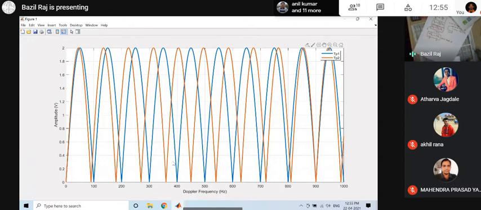Because whenever we operate the target at this PRF, we will come to know the blind speed is this much. Then this PRF's blind speed is this much. So whenever we are stacking simultaneously between these two, the blind speed is this much. So your algorithm can quickly predict it now. If you choose a fractional point instead of an integer, like 3.5, 3.8 or 4.5, definitely the blind speed will occur somewhere, but we have to analyze a longer frequency range, maybe up to 5.5 kilohertz, something like that.